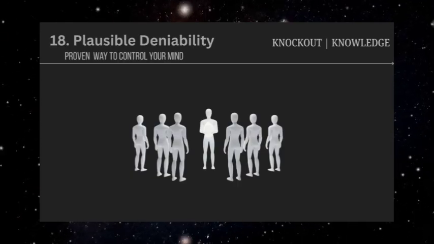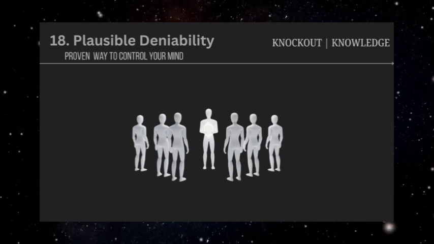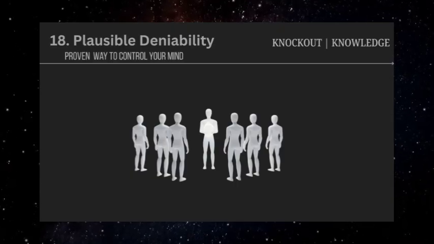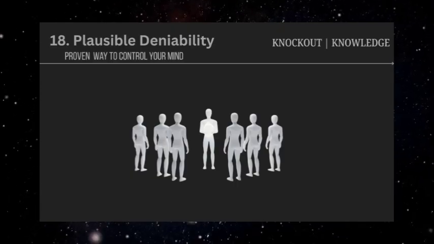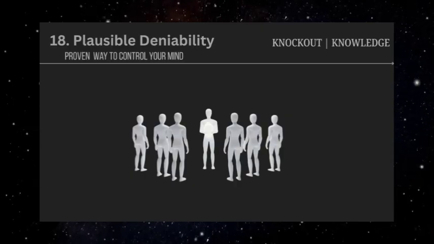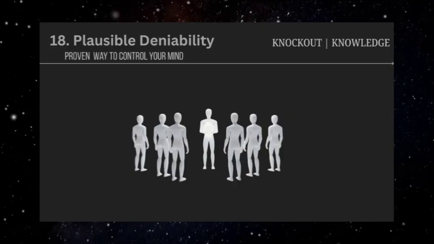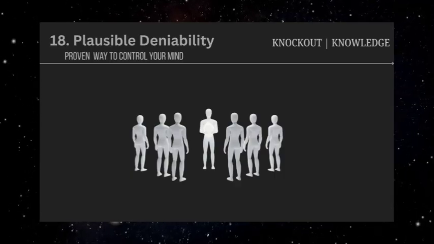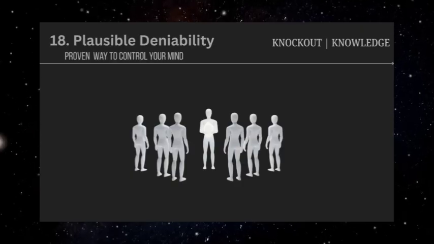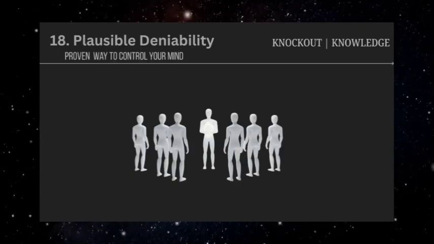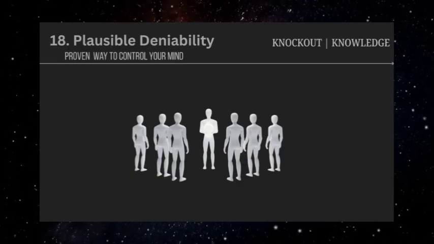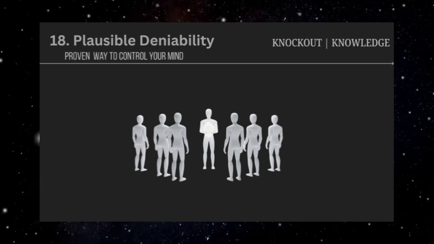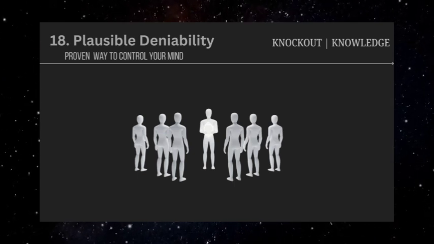Recognizing plausible deniability involves paying attention to patterns rather than individual incidents. While any single event might have an innocent explanation, a consistent pattern of behavior that requires constant explanation and denial is more likely to indicate deliberate manipulation than coincidental misunderstandings. It's also worth noticing if someone seems unusually prepared with explanations for their behavior, especially explanations that minimize their responsibility or reframe harmful actions as misunderstandings. While people do sometimes genuinely miscommunicate or act unintentionally, manipulators often have remarkably convenient explanations ready for every problematic behavior.